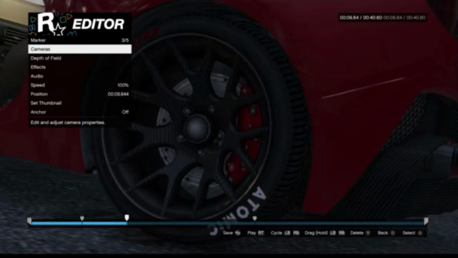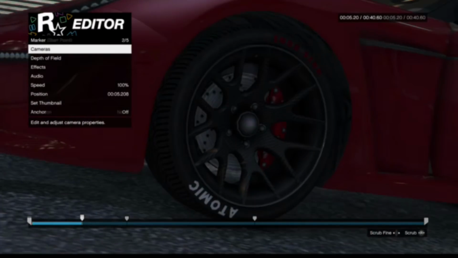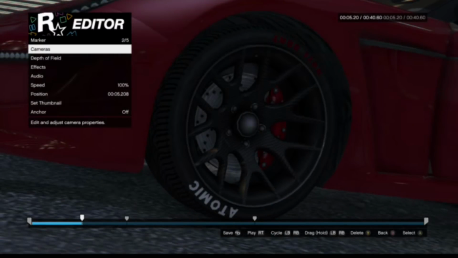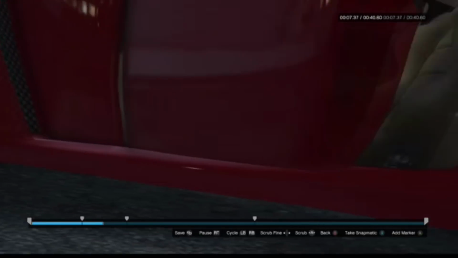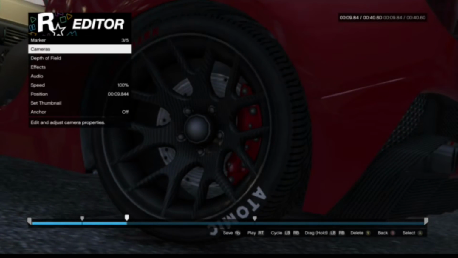Since this marker doesn't have it, it's not going to move to this marker. So we're just going to have it like this for a couple seconds, and then when we put everything in Sony Vegas, we're going to be able to cut out the parts that we don't need. We're going to take out all the in-game audio, and we're going to